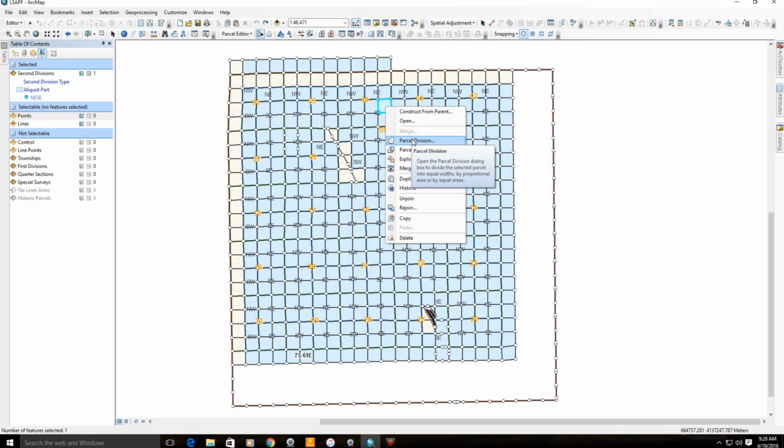Parcel division, this is for dividing into equal widths and proportional area. I find using the segmented line tool to be a little more user-friendly for when I'm just dividing up adequately, because I'm generally just dividing my polygon midpoint to midpoint and find that easier to use. I have used this, but I found I like utilizing the segmented line tool in your construct from parent